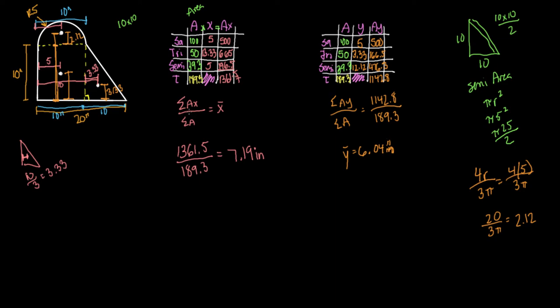Now, what I do is I just do myself a big favor and I throw that centroid on the shape just to make sure it makes sense. So, in the x direction, we're 7.19 over. So, here's 5, here's 10. So, somewhere in between here. So, probably just about here, somewhere in here. And then about 6.04 up. So, this is 5 up. So, probably somewhere about right there is what we're finding is our centroid. And this isn't to scale 100%, but it's pretty darn close. I would say that that's a pretty reasonable